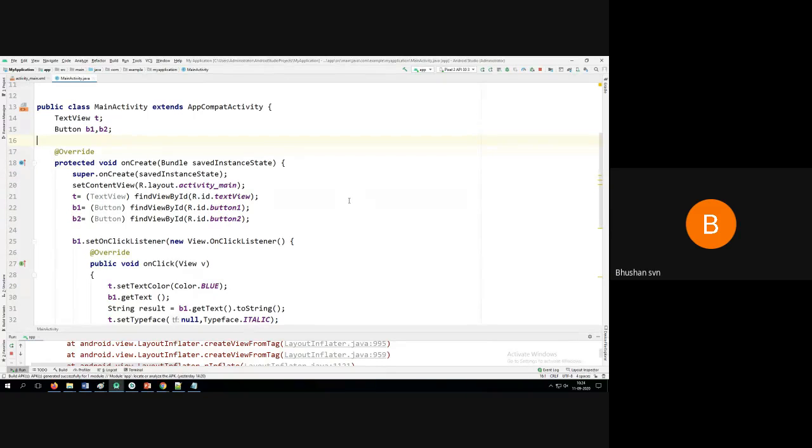Now I want to explicitly tell that T belongs to a certain ID, button 1 belongs to a certain ID, button 2 belongs to a certain ID, because when I click on a specific button, it has to do only that specific action.